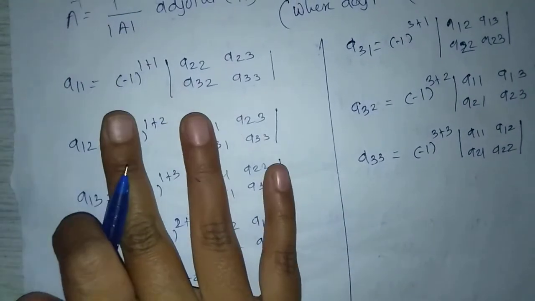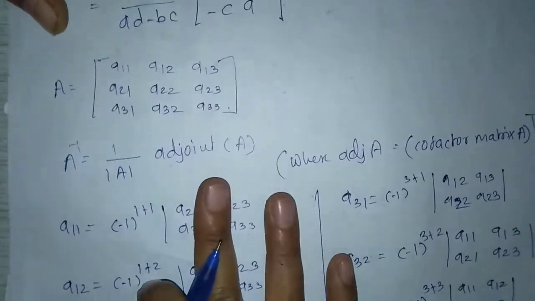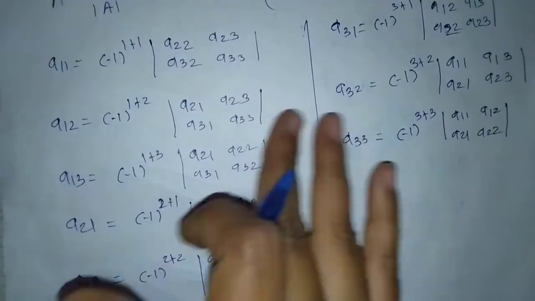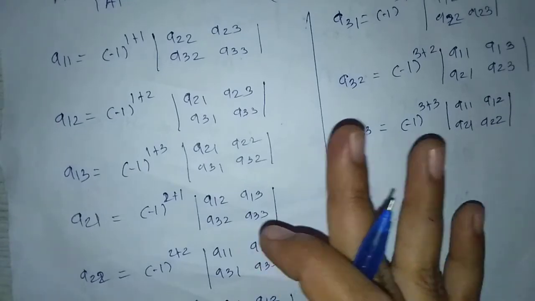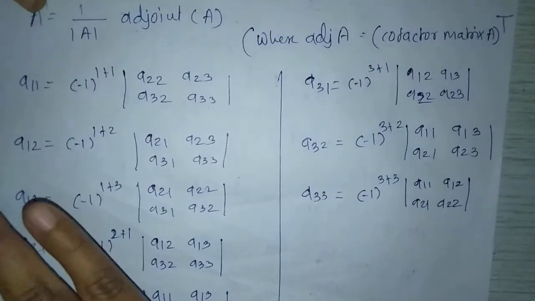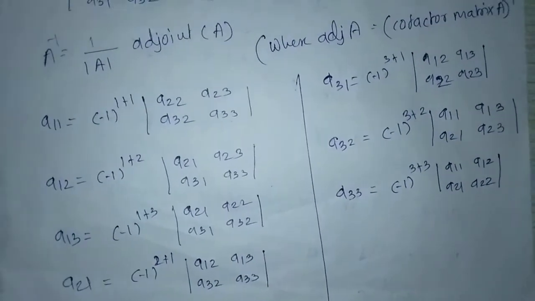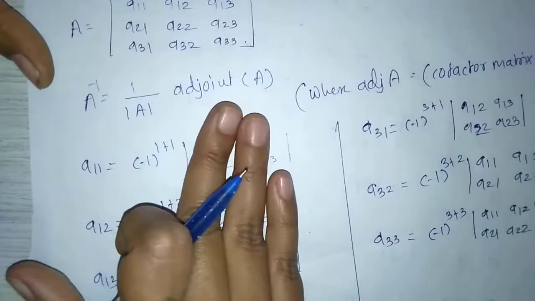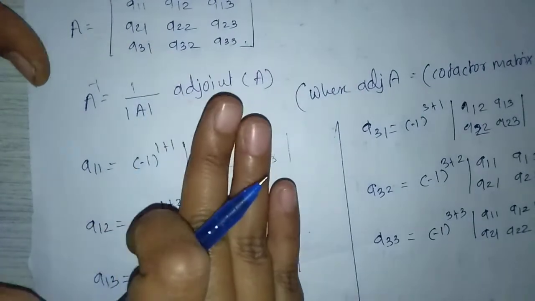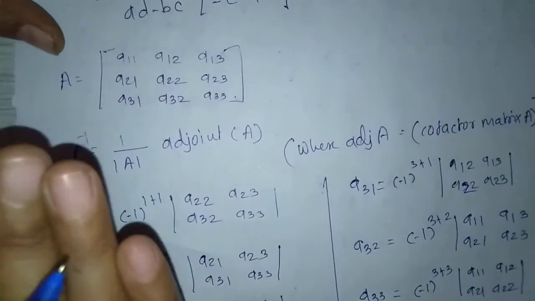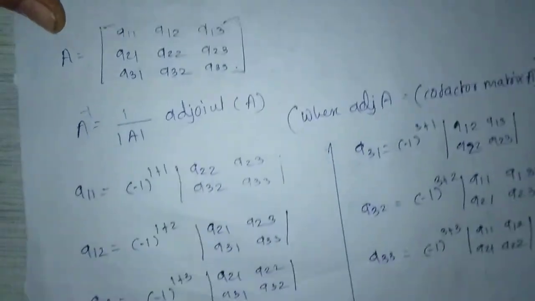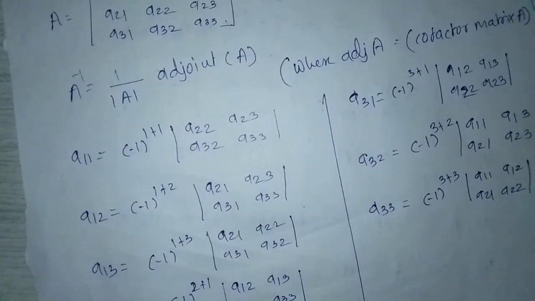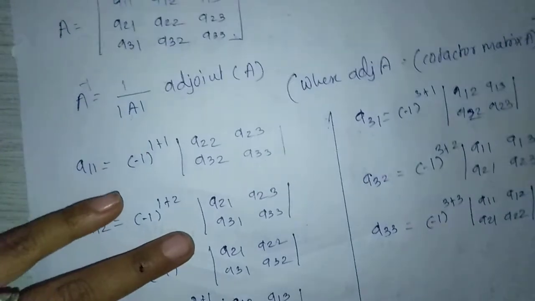These are nothing but the cofactors of A. Write down the cofactor matrix and then take the transpose of that matrix, we get the adjoint of A. And then find the determinant of this 3 by 3 matrix, and when we put the values of the determinant of A and the adjoint of A, we get A inverse. Remember the formulas for the inverse of 2 by 2 and 3 by 3 matrices. Here we stop.